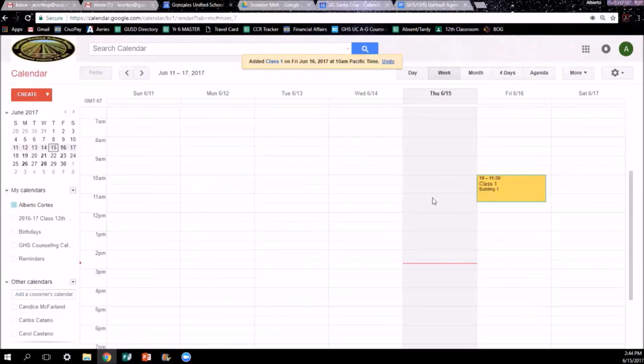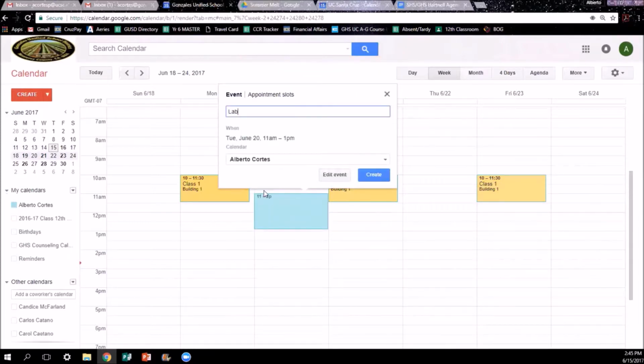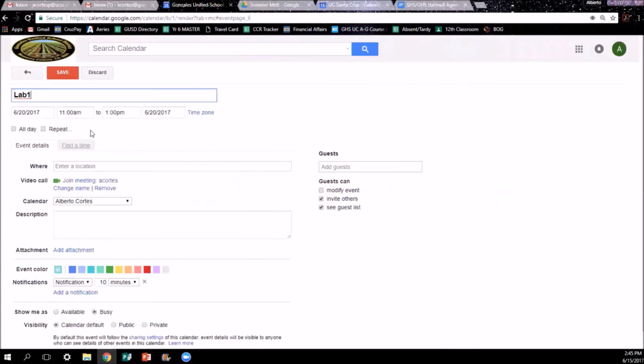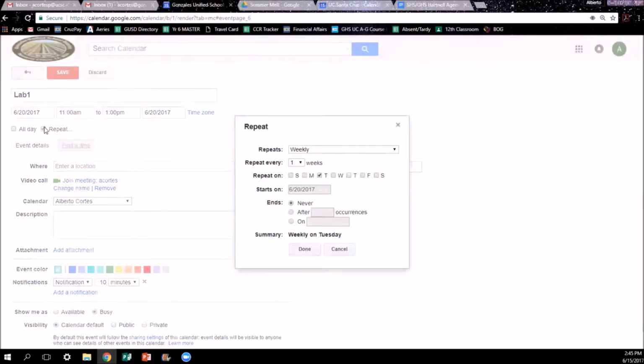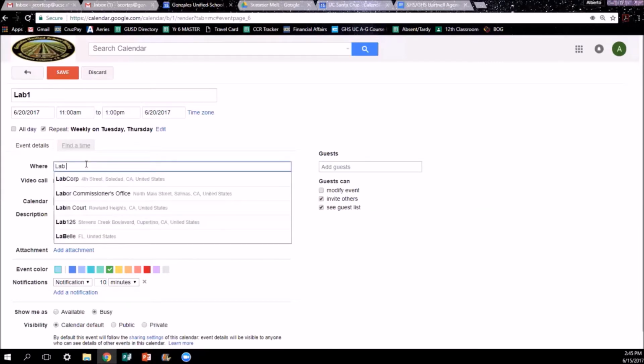And then you could add people. So if this is a group study, you could add people so they don't forget as well. So it's a really cool way to really organize your time. As you can see, once you open up the calendar, you can see that it's repeated. So then let's say you have another lab. You would just block off the time for your lab and then again, label it. You could edit, so you could set the repeat feature. So let's say it's Tuesday, Thursday for this lab, and then you could add the location.